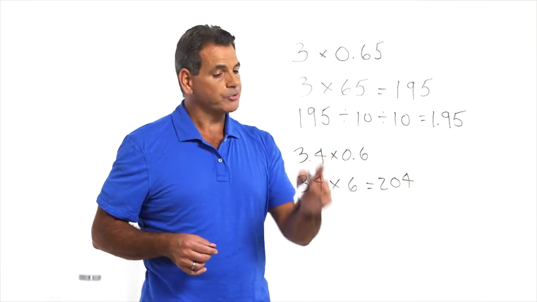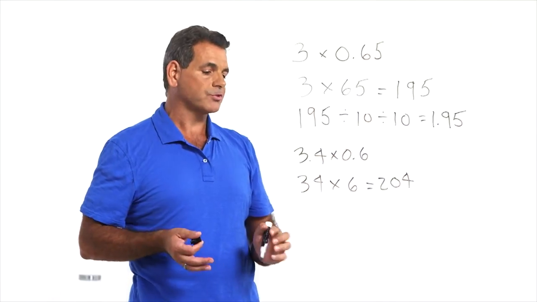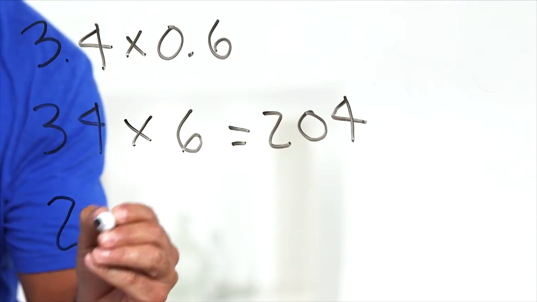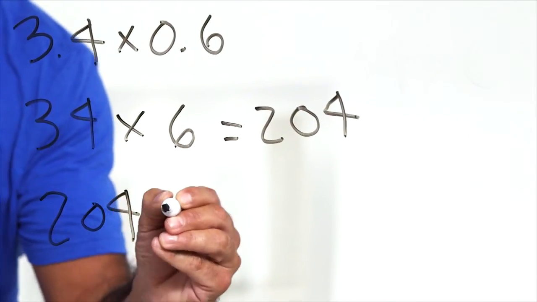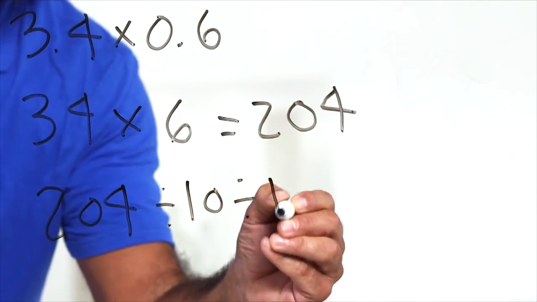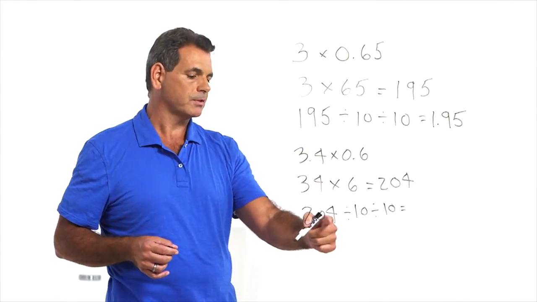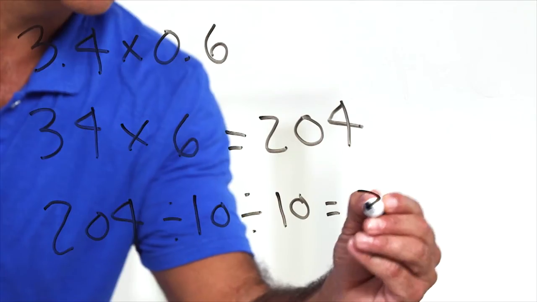But again, we multiplied by 10 once, by 10 twice. To get back to the real answer, we have to take 204 and divide by 10 twice, undoing what we did previously. And this results in a move of a decimal point 2 places to the left, and our answer is